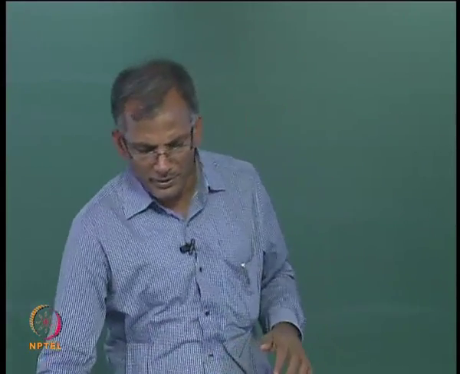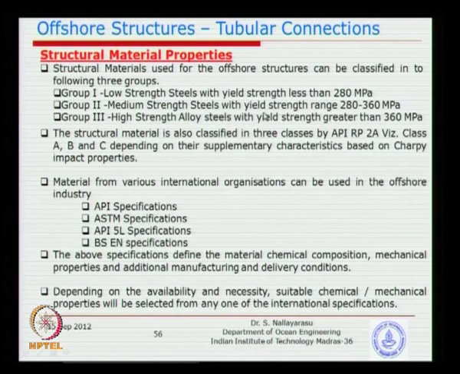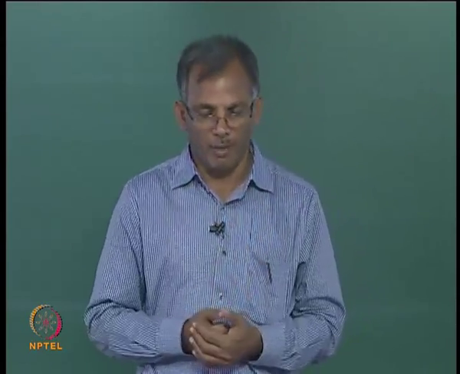The primary point is what is recommended by API: you cannot use beyond 400. 400 is a demarcation given by API not to go beyond, because they expect more and more welding problems, especially for the joints of the kind that we are dealing with. Of course, you can use it elsewhere, for example, if you have bolted connections, nothing to worry, whereas we are having highly restrained welded connections, and that is where we have the problem.